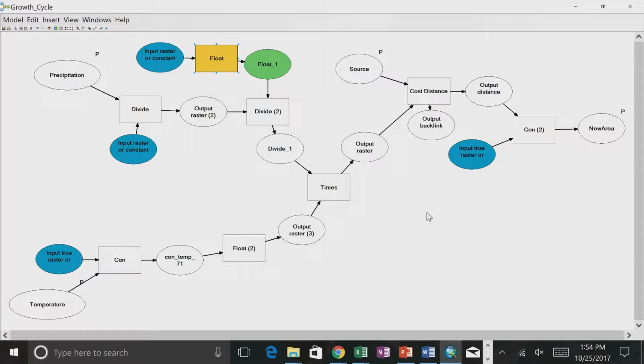So at the end, we're going to get this output distance is in days. It's called distance. The reason why it's called distance is because it's in the cost distance. But it's really output time. So it's time. And then this value, this conditional value here,